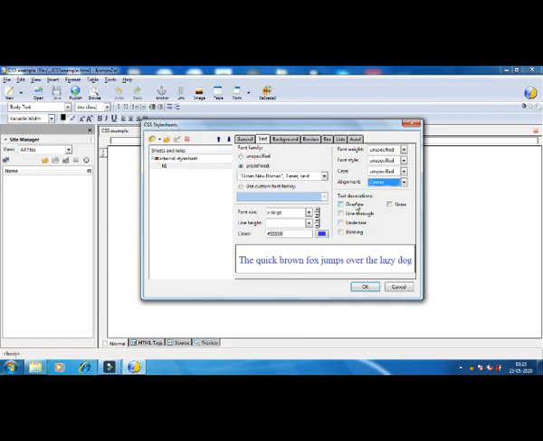Then below that there is text decoration. You can see different options in the text decoration here. Now we are keeping blinking here.